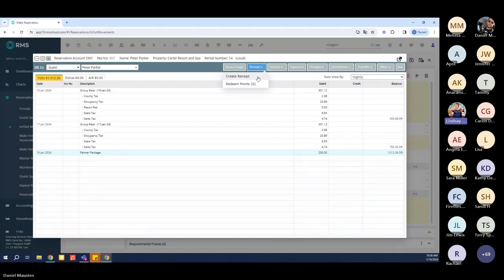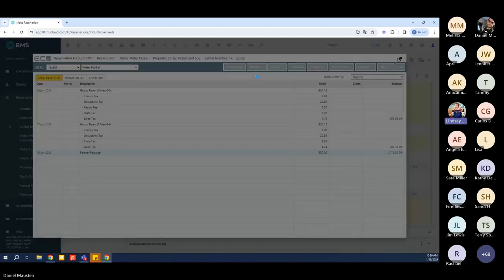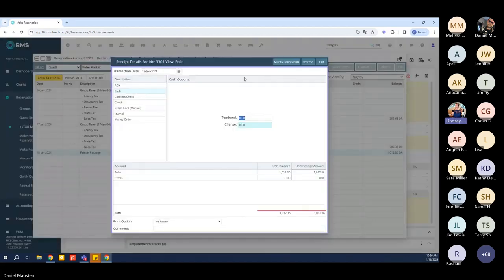So we'll create a receipt from that receipt button, and a new window is going to pop open for us here. Now we're going to first select our payment type on the left-hand side, and we'll go ahead and enter in the check number for this one. Keeping in mind that if you do accept checks, you want to make sure that you're utilizing that check number